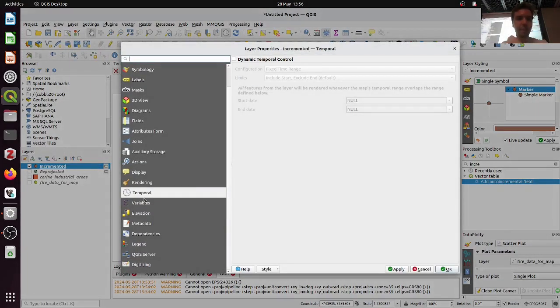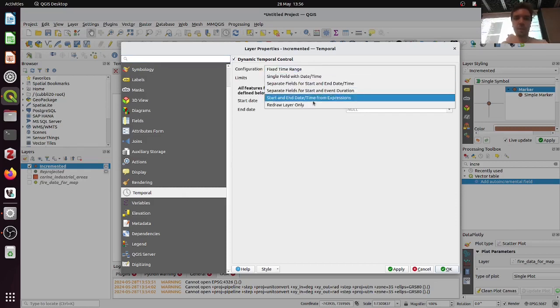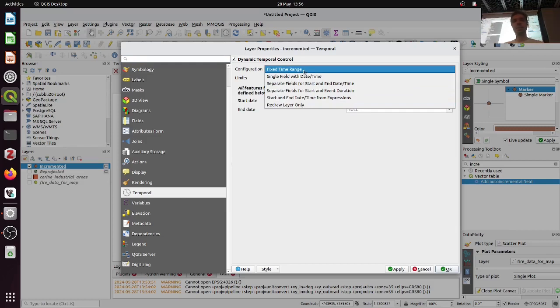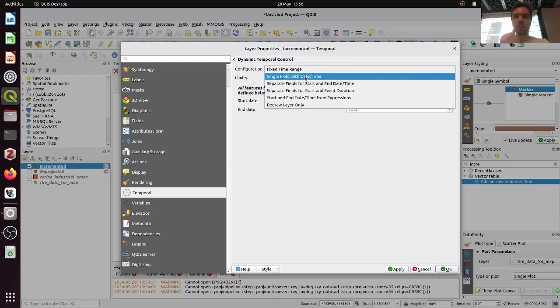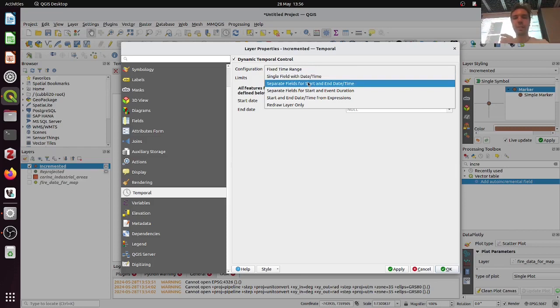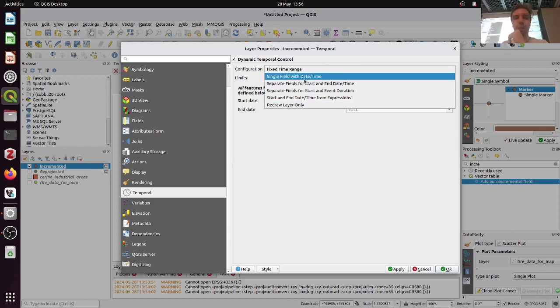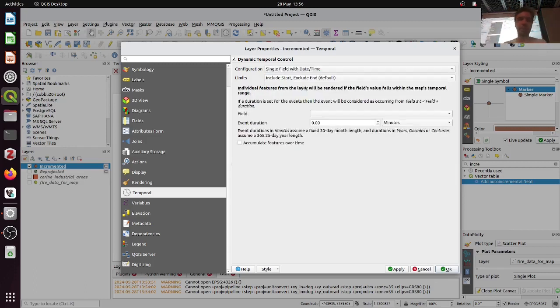And then there's a separate tab for temporal stuff, and it needs to be activated, this dynamic temporal control. And there's various options for how you could express the time. So it expects the layer to have some sort of information attached to it. For example, it could have a start time and an end time, or duration, or something like this. But we only have a single field for date and time. We have the observation date, so we'll use that one,